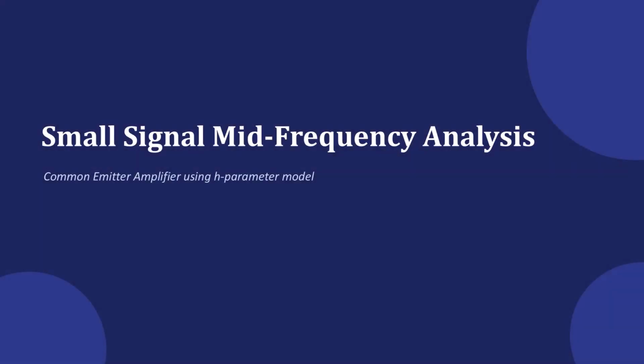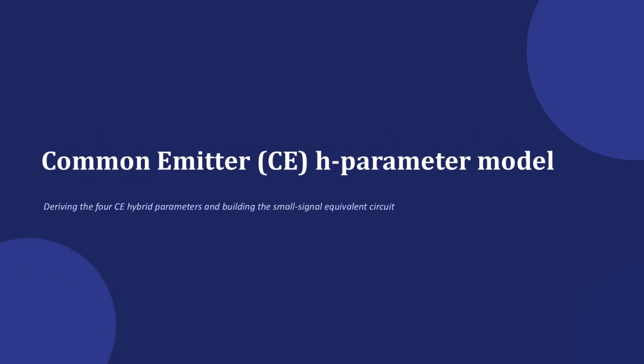Welcome. In this lecture, we are going to work through the small signal mid-frequency analysis of the common emitter amplifier using the h-parameter model. By the end of this session, you will be able to represent a bipolar junction transistor with a simple two-port network and use that network to calculate an amplifier's current gain, voltage gain, input resistance and output resistance. This first section builds the tool we need before we can analyze any amplifier, the h-parameter model of